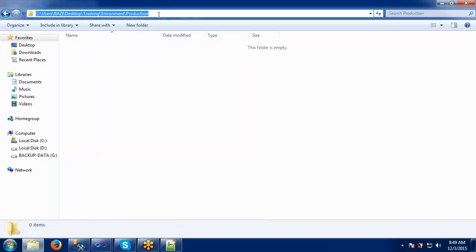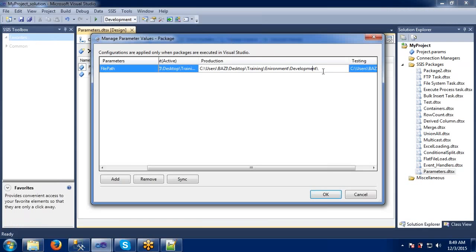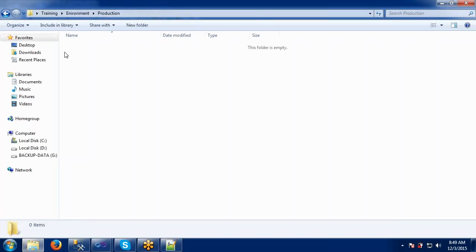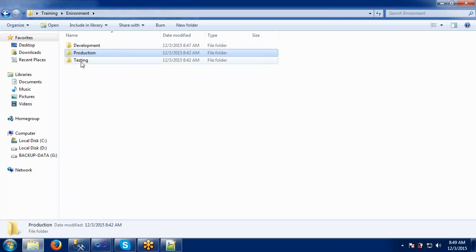Just copy this path. That's it. When we are working in production, our file should be captured into this folder, not the development one. In the same way for testing, it should not be pointed to development, it should be pointed to the testing environment.